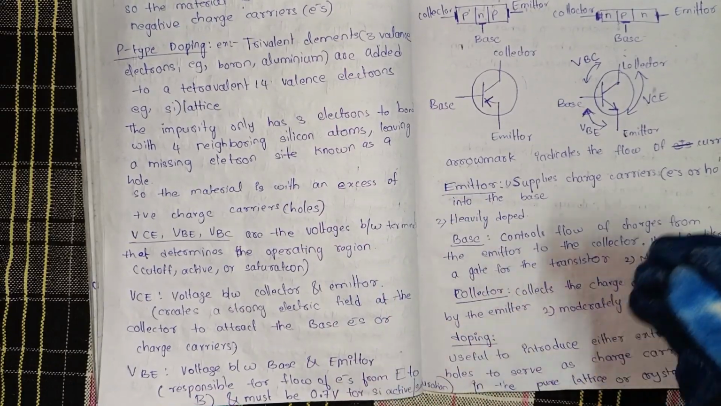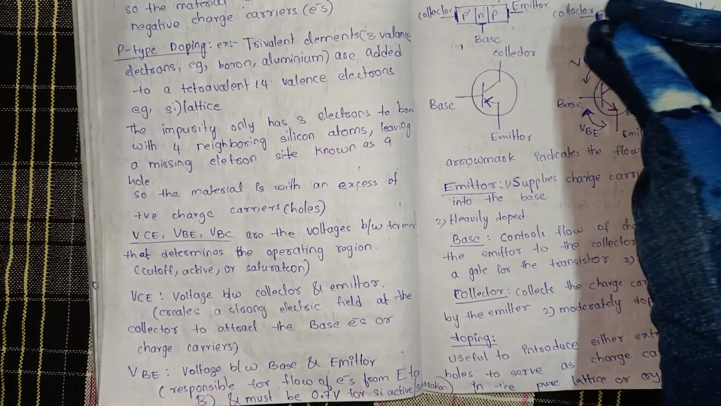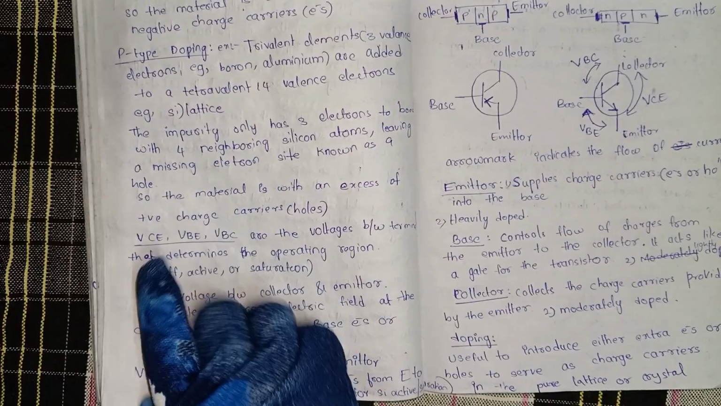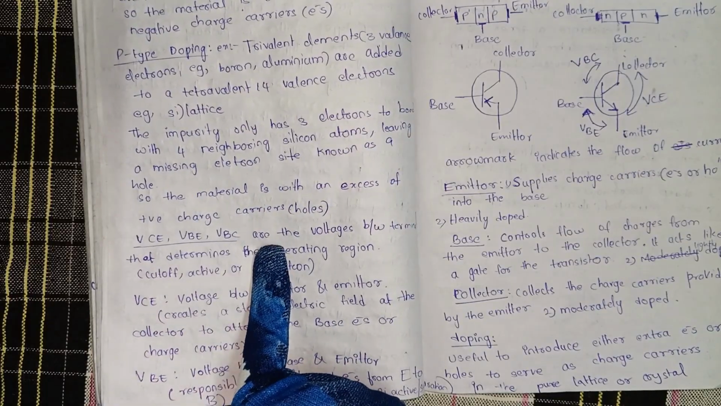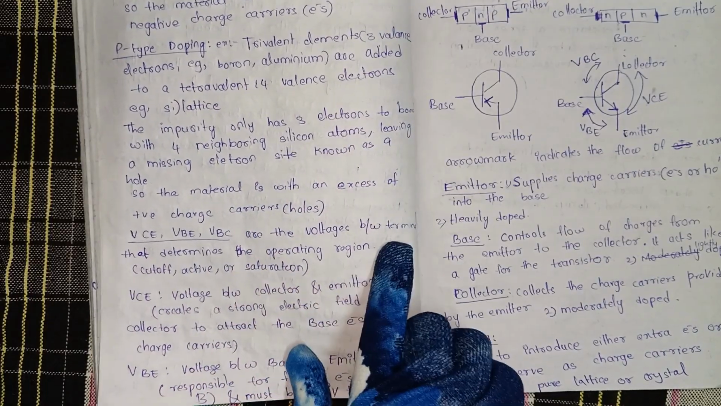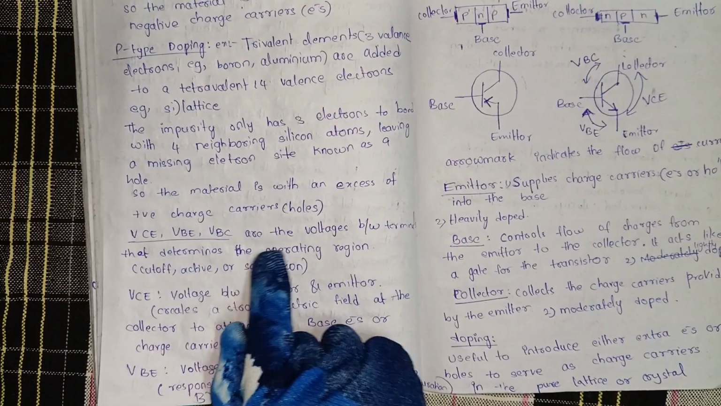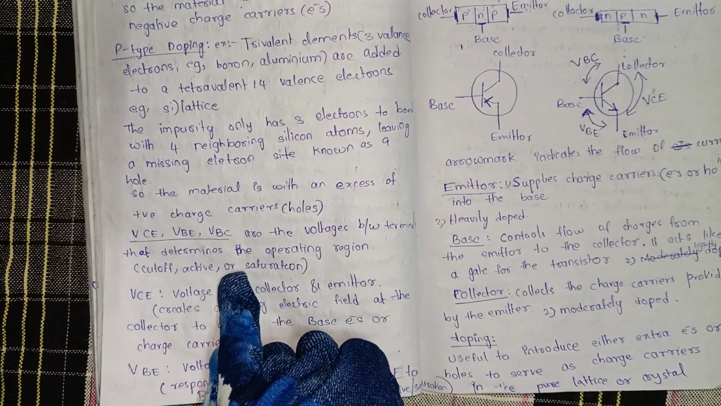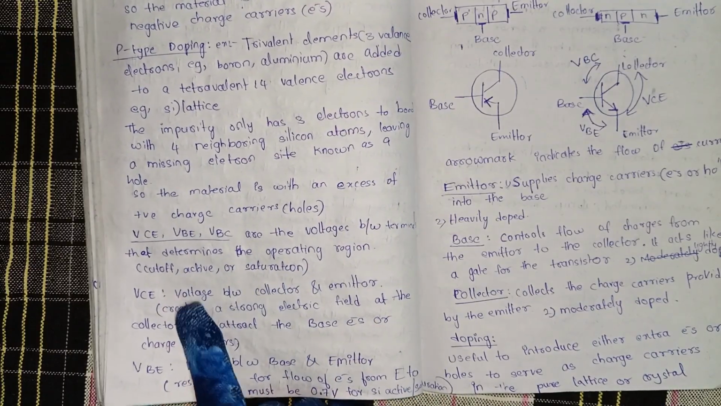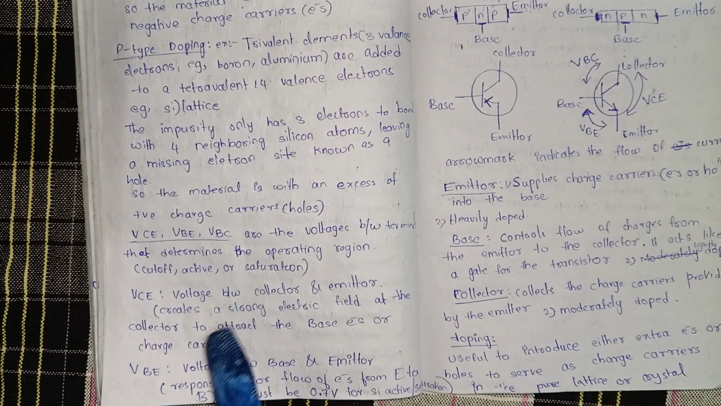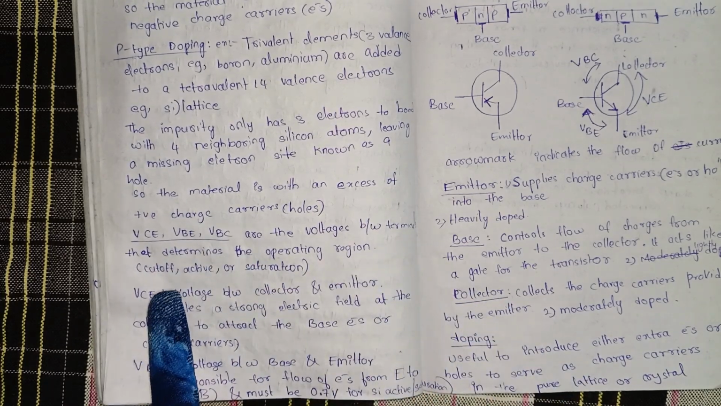Then we will see about voltages of the transistor. VCE, VBE and VBC are the voltages between terminals that determine the operating region: cutoff, active or saturation. VCE voltage, we already know cutoff means there is